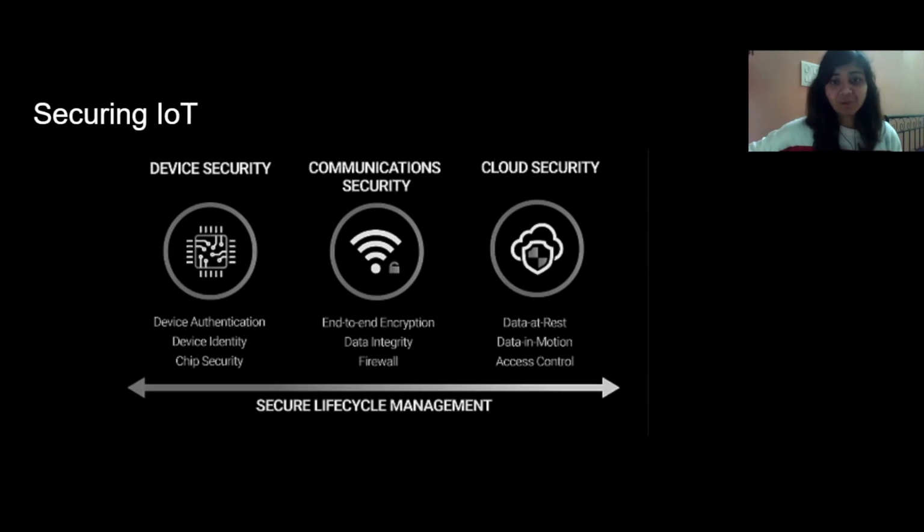And for communication security, make sure everything is encrypted. It's really important to encrypt things. You should have a firewall to know what's coming into your network and what's going out. You should monitor, even if it's your home. Since it's 2020 and a lot of us are working from home,